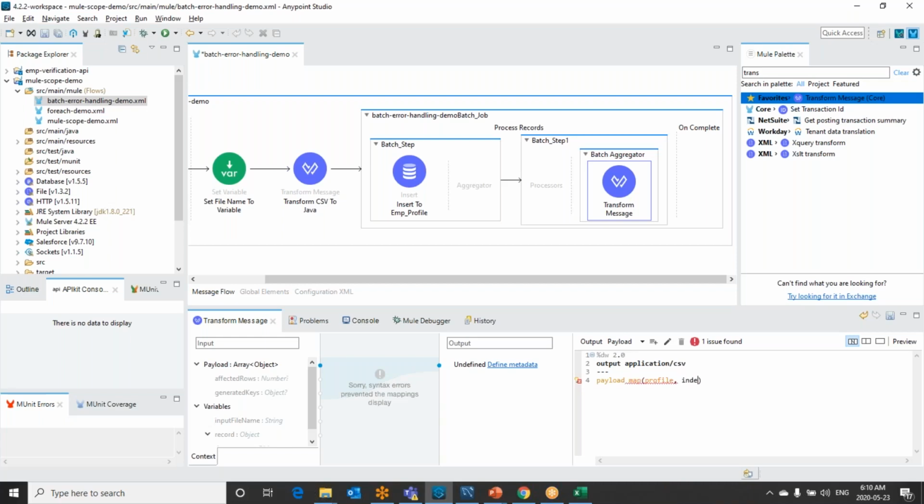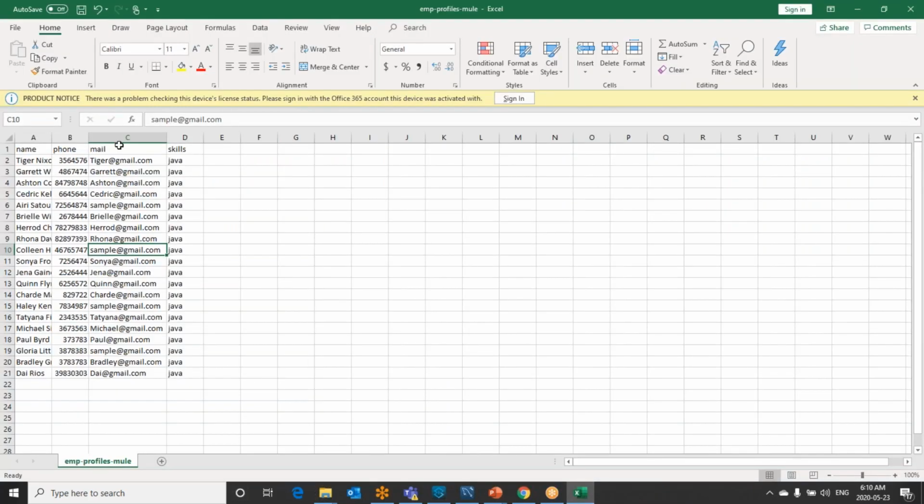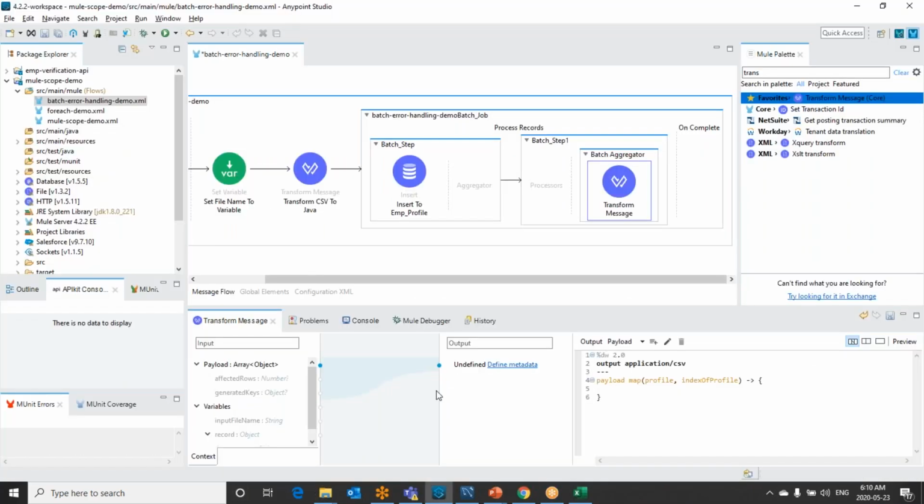So let me take it as profile, index of profile, and I would like to write the file the same way we got it: name, phone, email, skills.